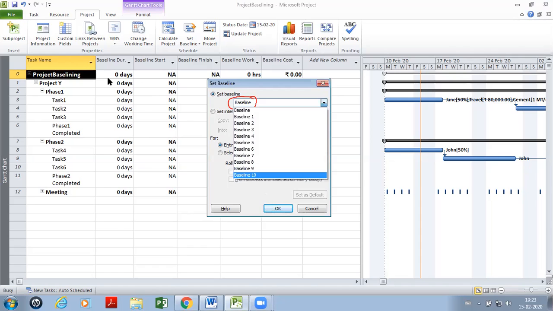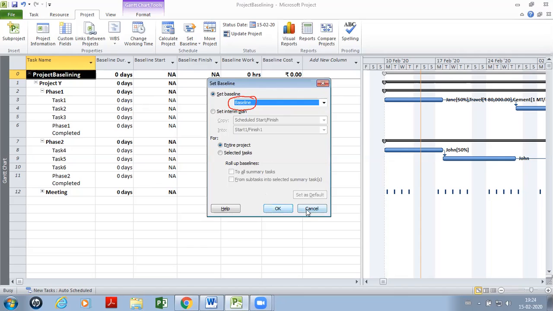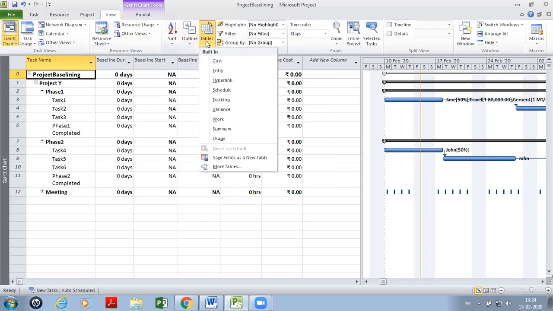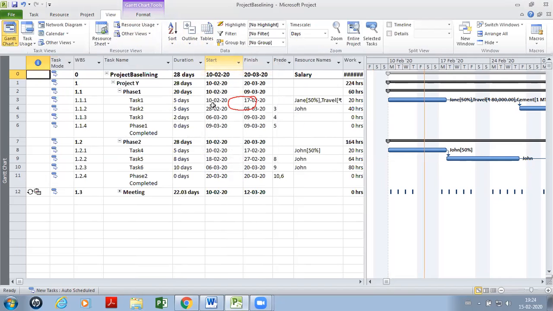We have the current data, and the current data is shown by, we'll change the table here, and the table that we'll change to is the Entry table. In the Entry table you see the start date, the finish date, you see the duration. So this is the current data as of now, as known now.